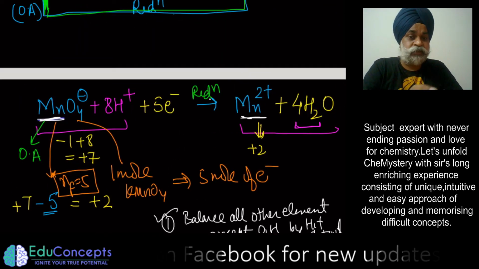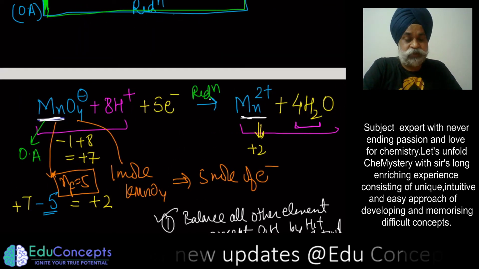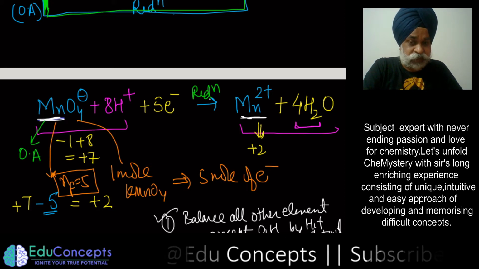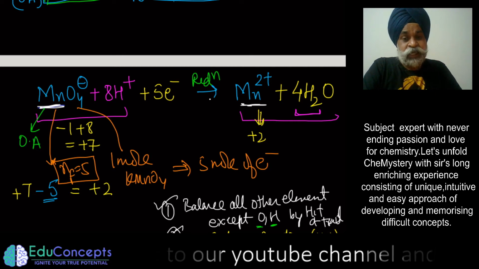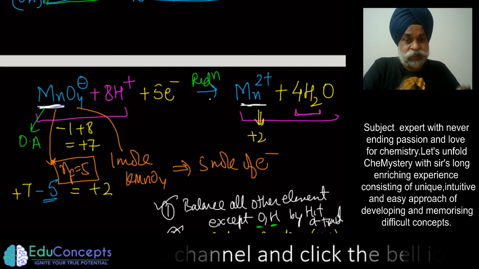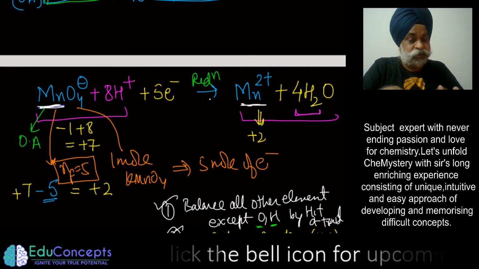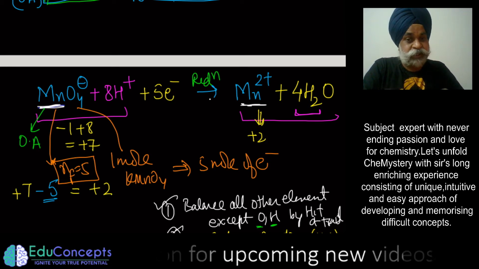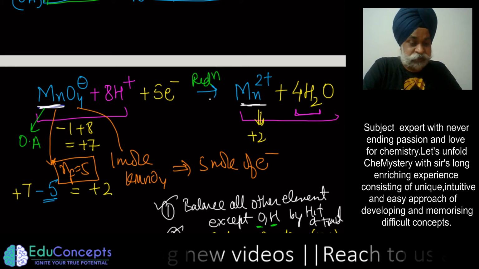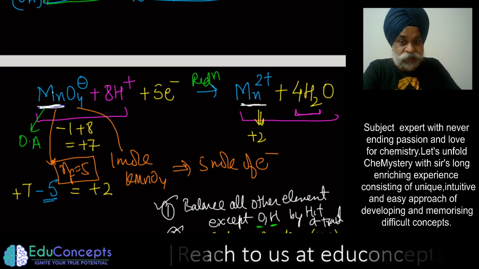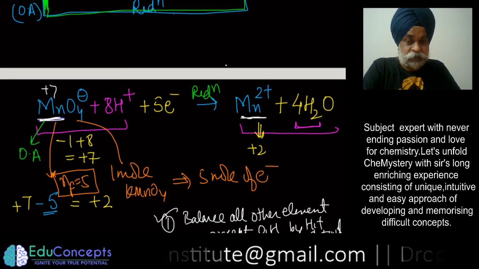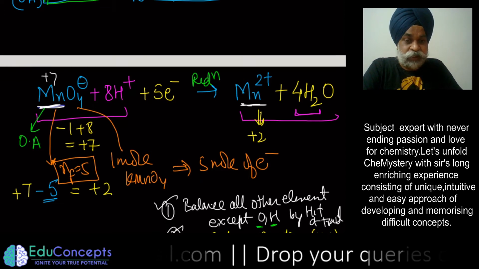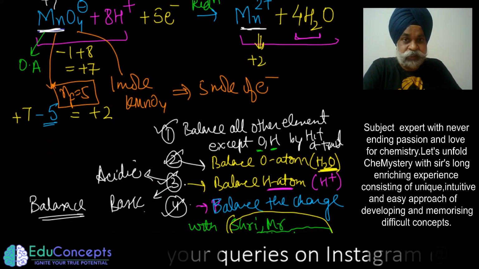मैं कहना ये चाहता हूं कि रिएक्शन एसिडिक में हो या बेसिक में हो, अगर ये 4 पॉइंट से आप इसको N फैक्टर निकाल लेते हो, तो आंसर वुड बी N फैक्टर वुड बी correct. But at times the given reaction happens in acidic medium, it is not happening in basic medium. If you balance it in basic medium also, you would get the answer 5, as long as manganese goes from +7 to +2. Now another thing, I will be doing the basic medium, that is, how to balance in basic medium, just give me a second.